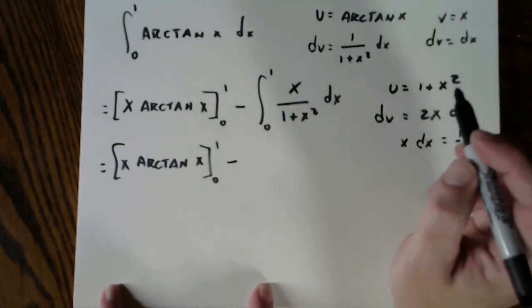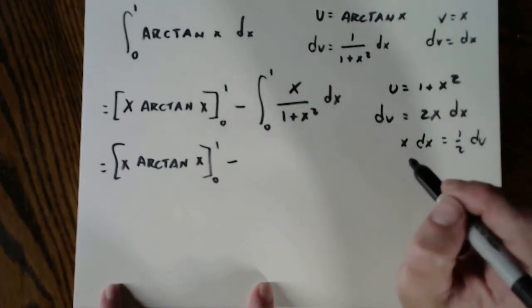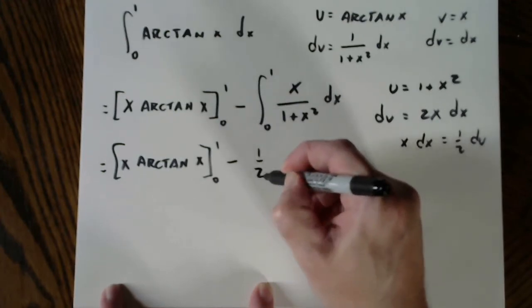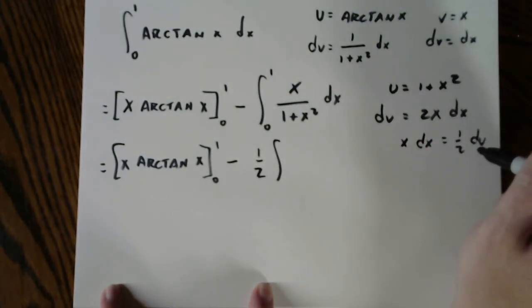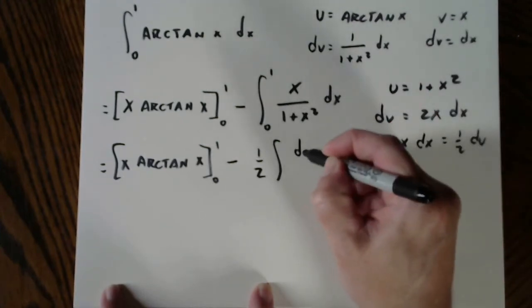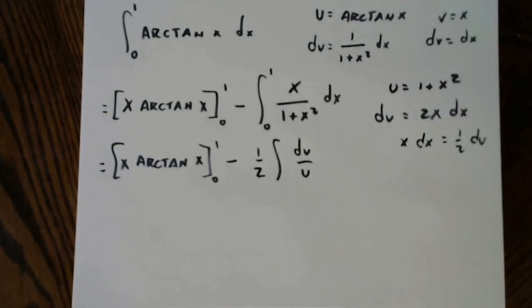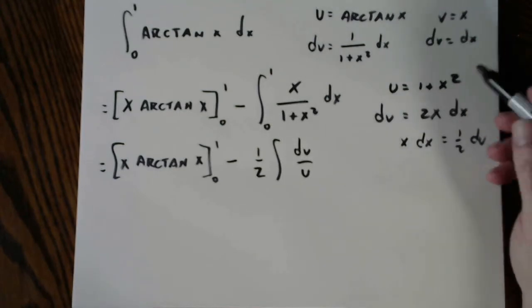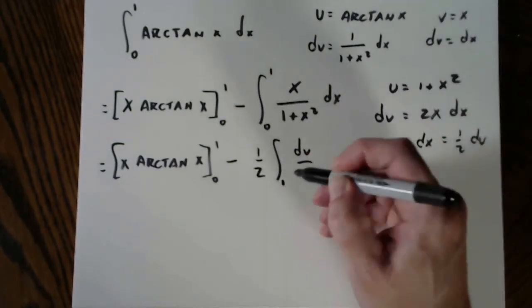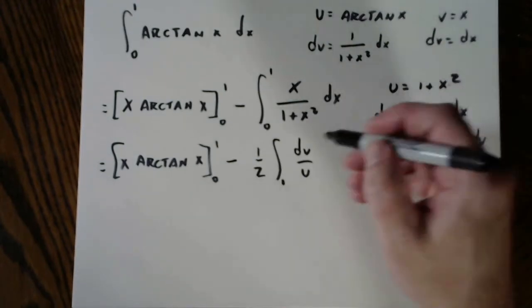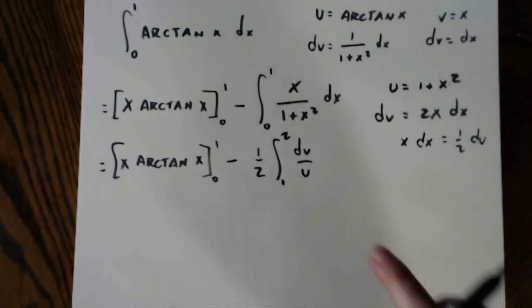Minus 1/2. What do I have here? du over u. And I'm going to change the limits of integration, right? If x is 0, u is 1. And if x is 1, u is 2. ln